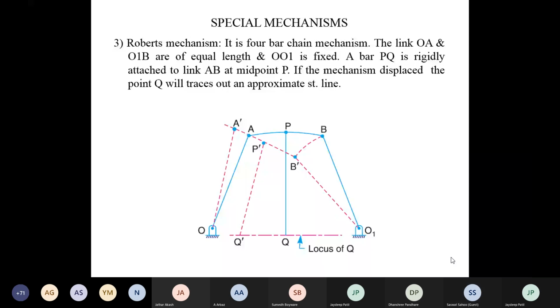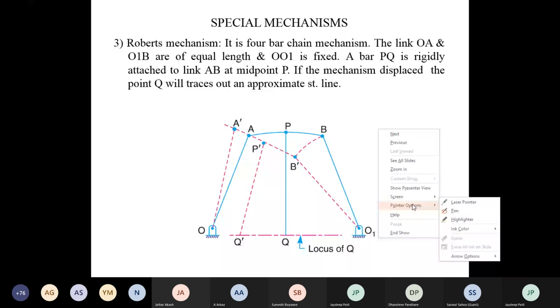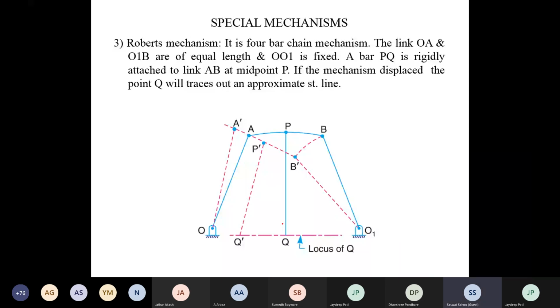See, the new position of the mechanism is given here, A dash P dash. When the mechanism is displaced, the point Q on the rod traces an approximate straight line. Point Q on the mechanism traces an approximate straight line. It's like this. Approximate means,